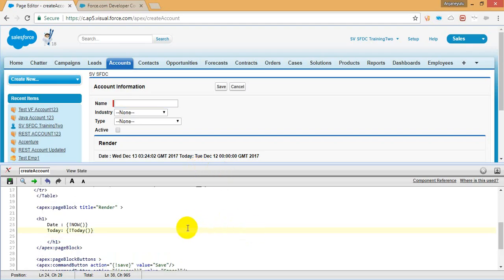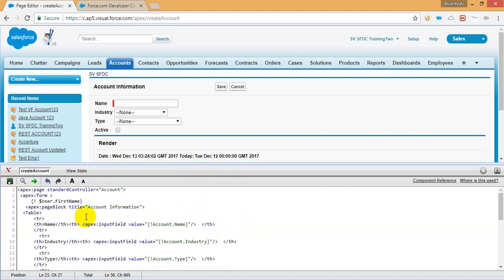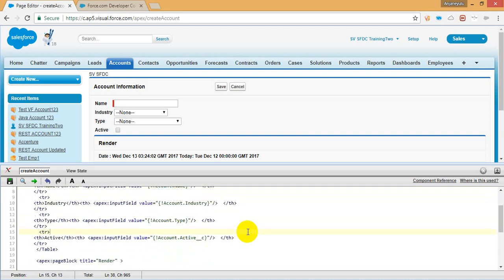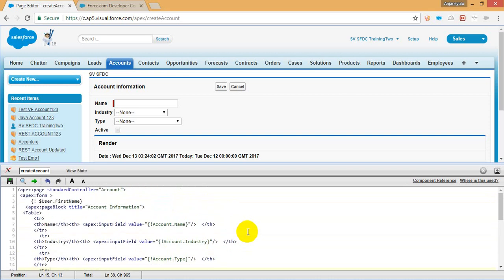This is the standard controller on the standard object. If you want to use a custom object also, you can use the custom object information and put the same thing. But here, when you are saying the field, it is the object API name dot field name. Here account is the API name, so we use account only. If you use the custom object, then it ends with double underscore c, so you have to use it like this. Any questions on this? No questions? Then